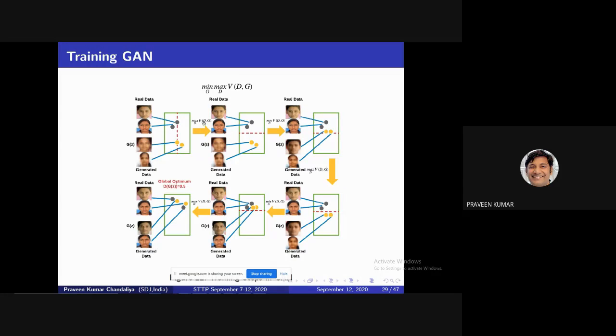So first the discriminator is trained. What does the discriminator do? It classifies between real data and fake data. So this diagram indicates whether this is real data or fake, and the discriminator classifies between them. What does the generator do? It tries to approximate the real data. Then this is the picture of the generator, which tries to approximate this real data.